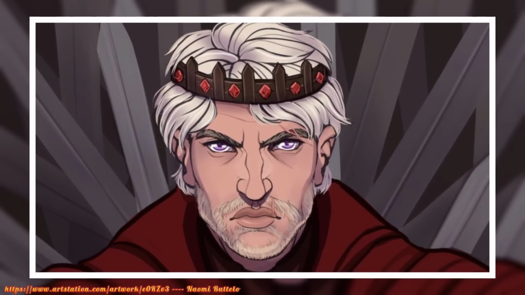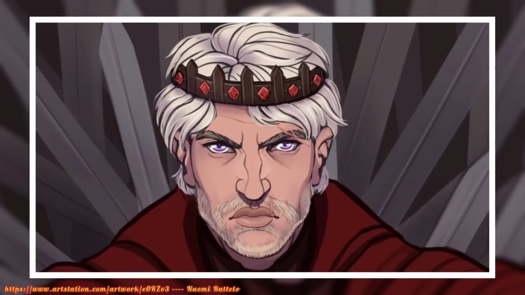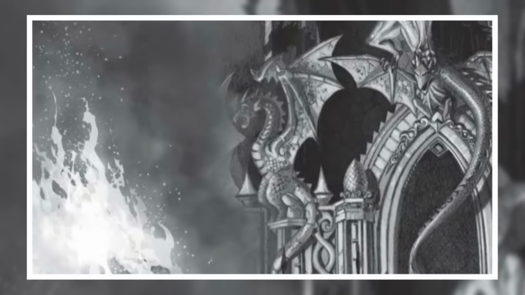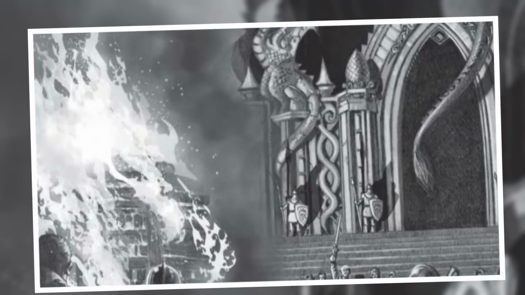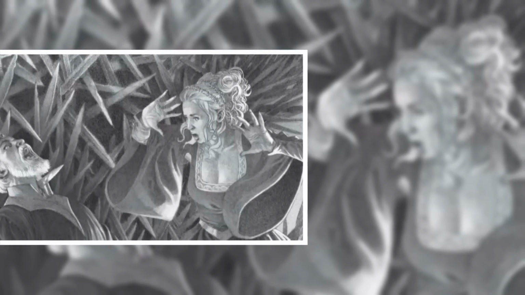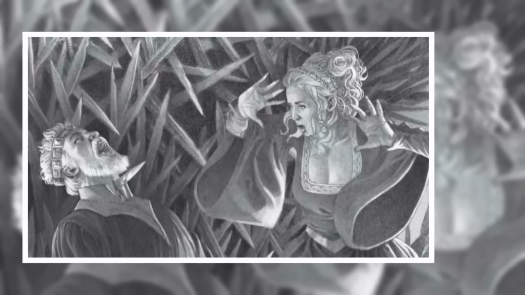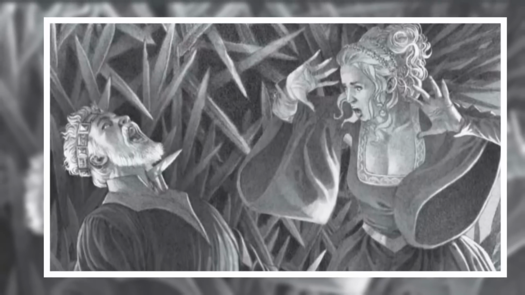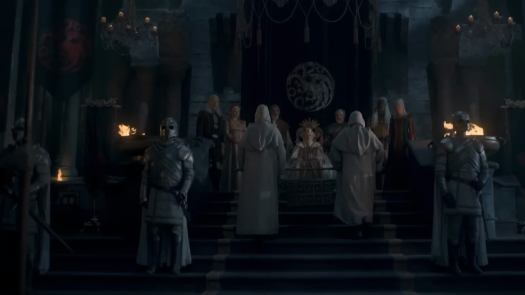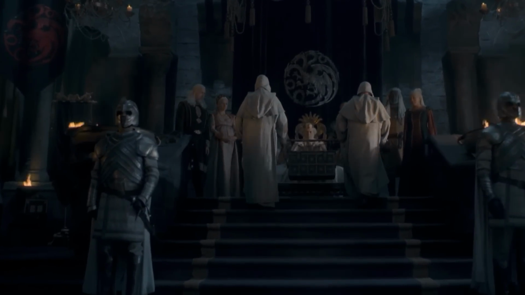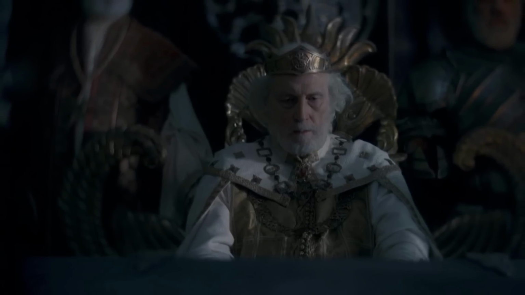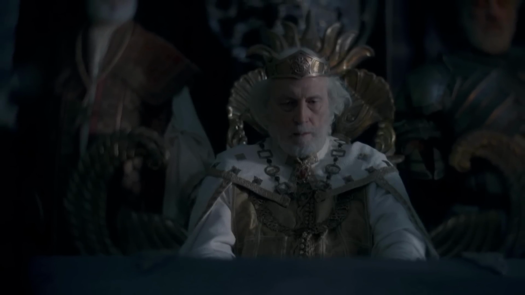However, Maegor was a terrible ruler who was dubbed Maegor the Cruel by his subjects, and no ruler whose subjects are unhappy manages to rule for very long. A rebellion started in his kingdom, but his cruel methods ensured that most of his bannermen and allies had escaped. In the end, he was found dead on the Iron Throne with his wrists slashed and his neck impaled by one of the swords on the Iron Throne. After Maegor's most mysterious death, which some say was the work of the throne itself, Jaehaerys Targaryen, the second son and 4th child of Aenys, took the throne for himself in the year 48 AC.